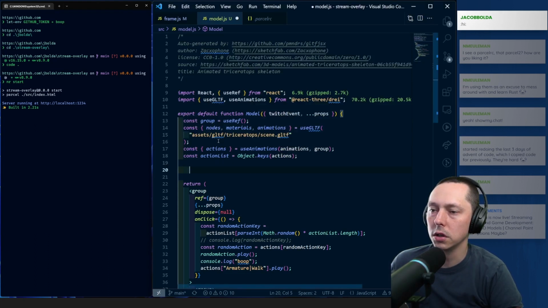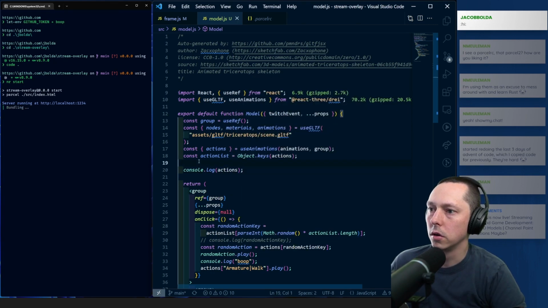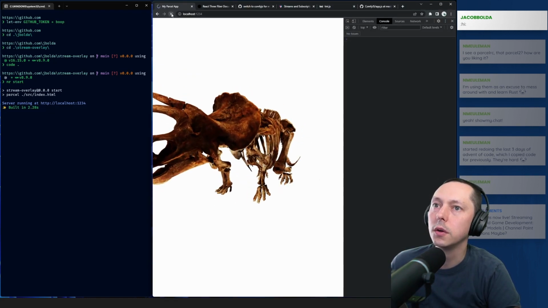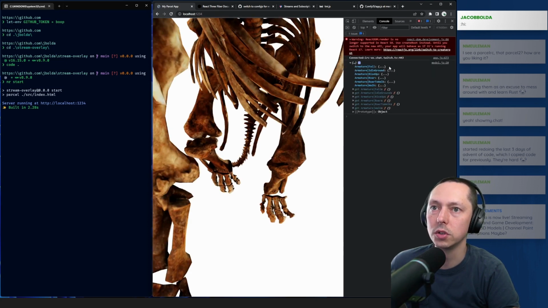Let's log out a list of actions and then we can hook those up to the events. And we can just do exclamation mark commands. We should be able to essentially control the animations. So this is the options right now.